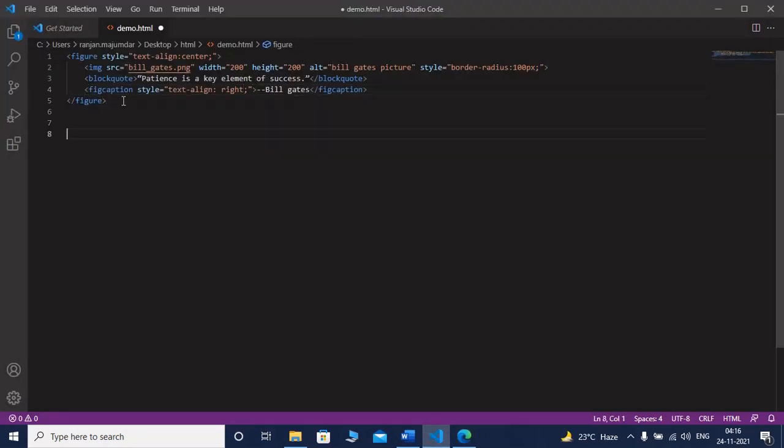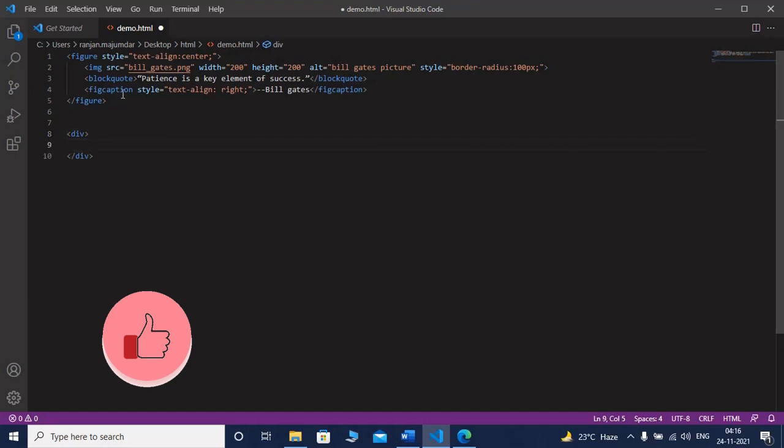Now I am again using another element, that is div. So what is div? Div is basically a container where you can add any element, where you can encapsulate any element.